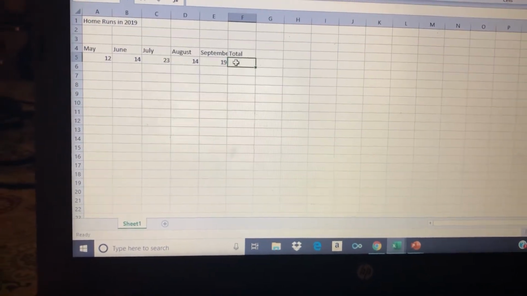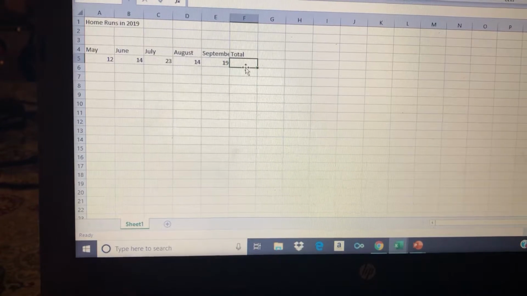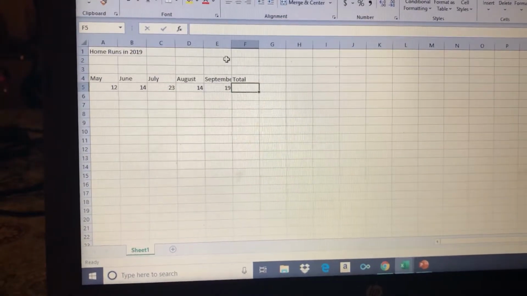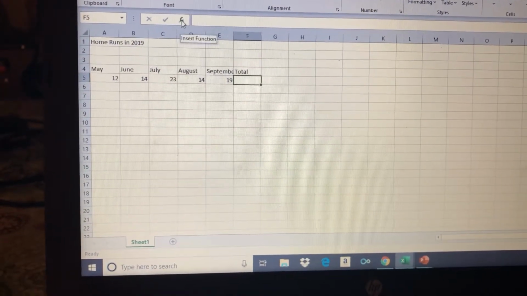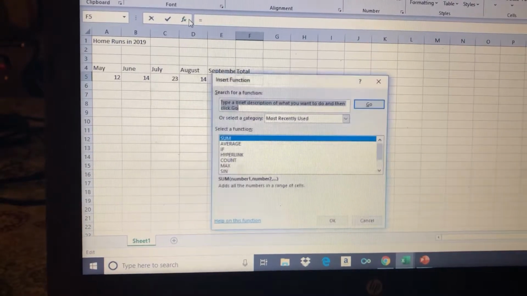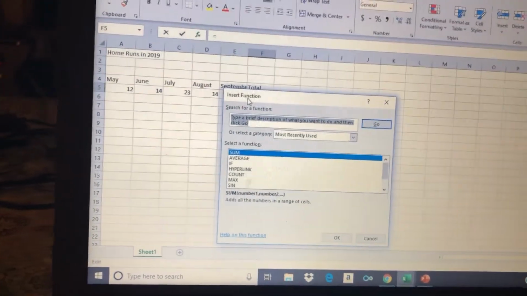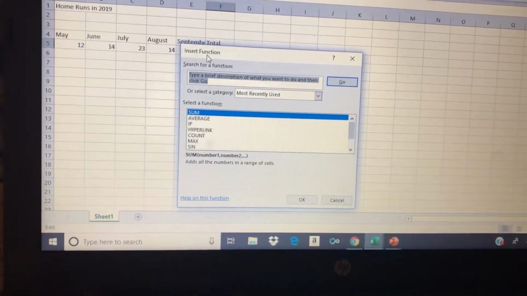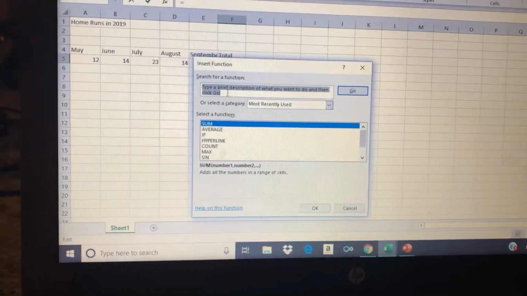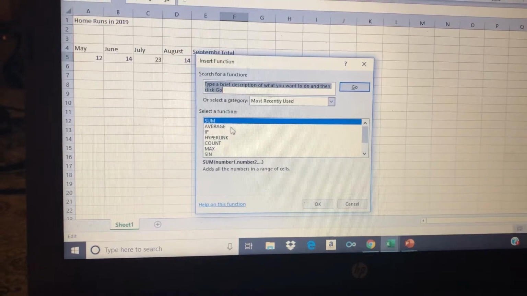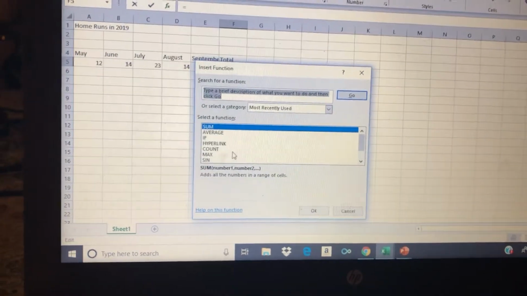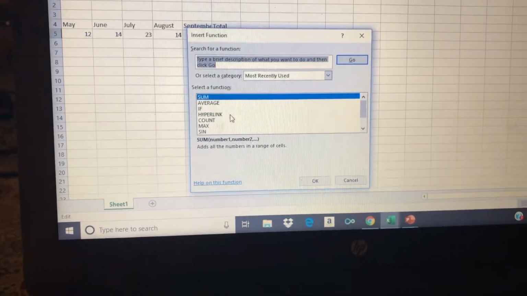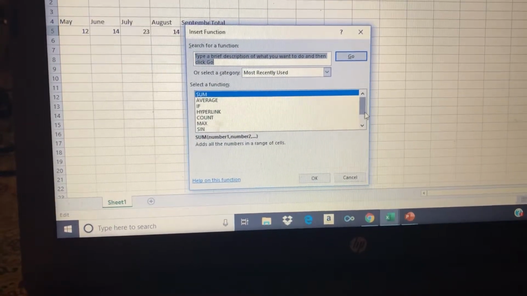So say I didn't know how to find the total for that, I am able to go up here to this little button right here, and it will pull up this fancy little help guide. So it will give you some different ones that you can choose from. But say you didn't know